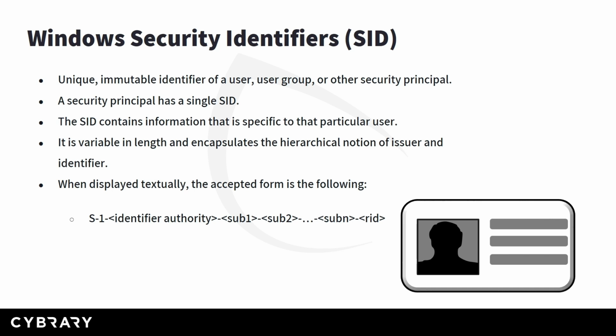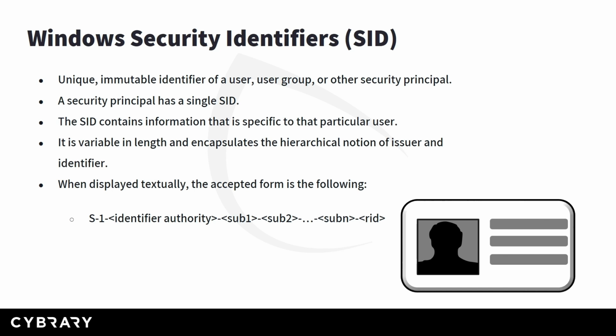It is variable in length and encapsulates the hierarchical notion of issue and identifier. It consists of a 6-byte identifier authority field that is followed by 1 to 14 32-bit sub-authority values and ends in a single 32-bit relative identifier, or RID. When displayed textually, the accepted form is this one in here, where S and 1 are literal strings, the identifier authority is the 6-byte value, sub1 through sub-n are the sub-authority values, and RID is the relative ID which identifies